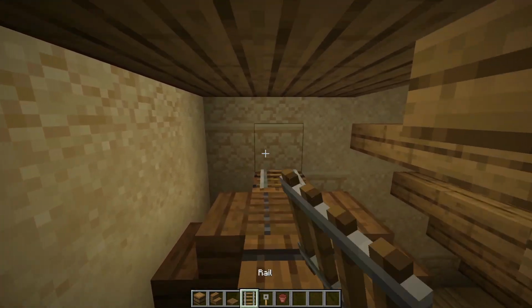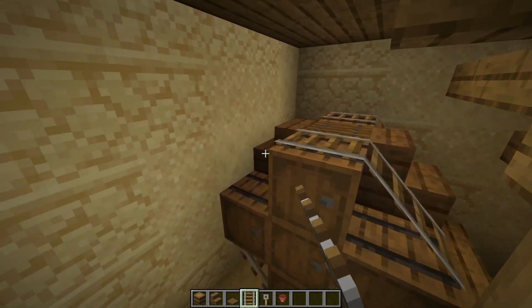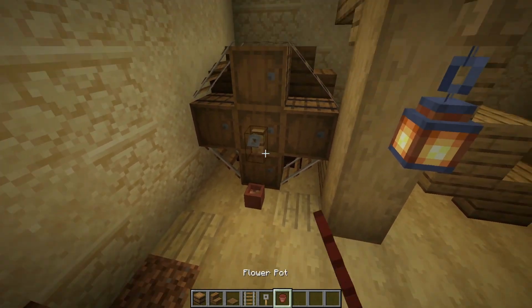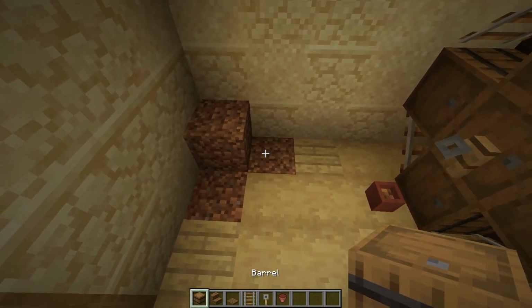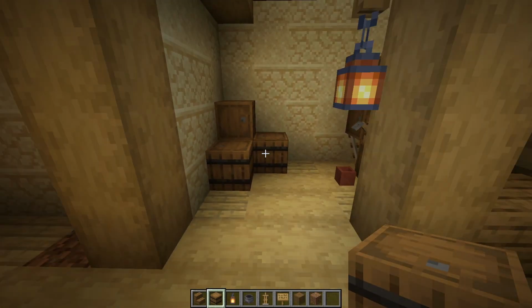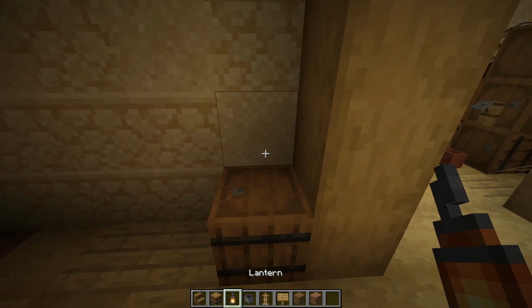that. And then we'll just do our 3 rails across the back. And 3 rails right there. You can place your tripwire hook and do the flower pot. Now turn to your left. We're going to do 2 barrels facing straight up and 1 on its side. Okay, now turn to the left, and on top of this dirt, we're going to do a barrel with a